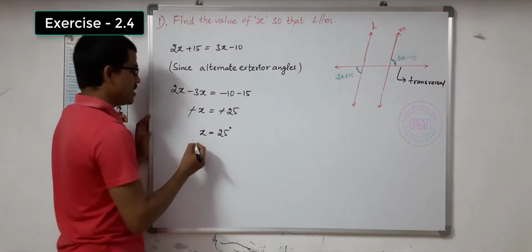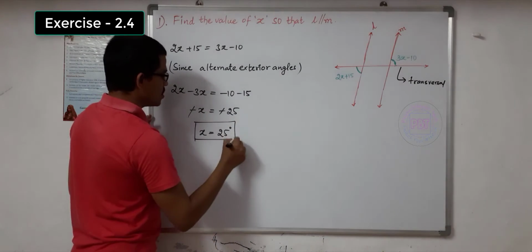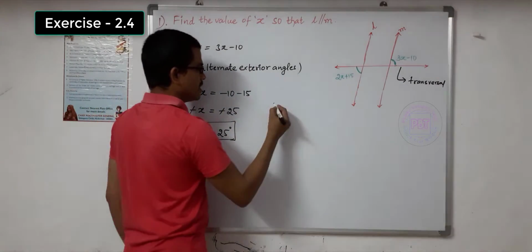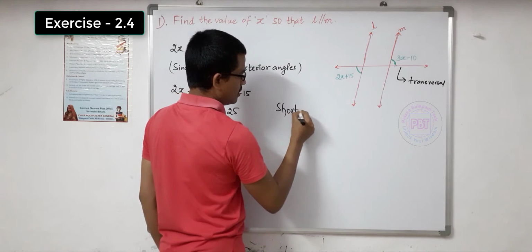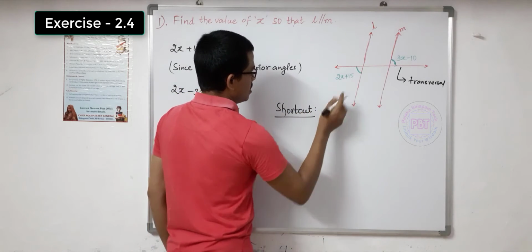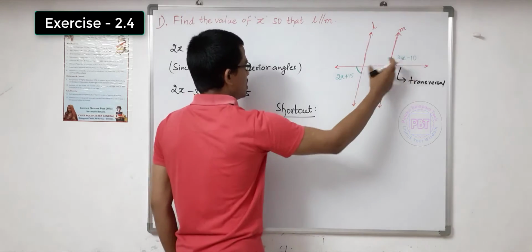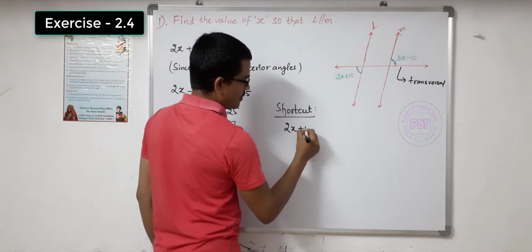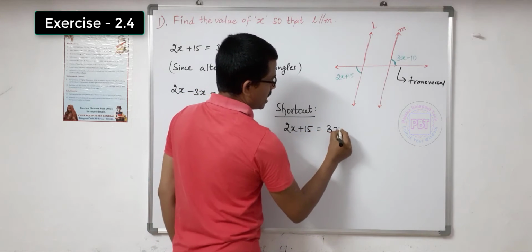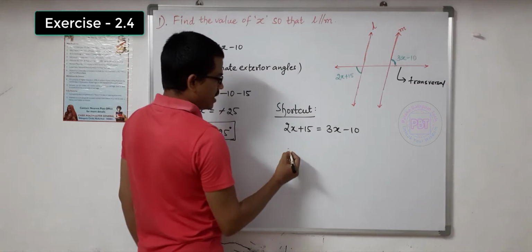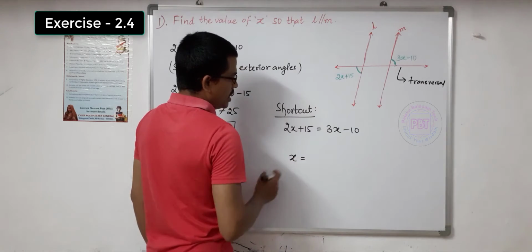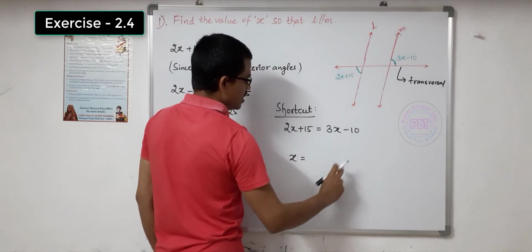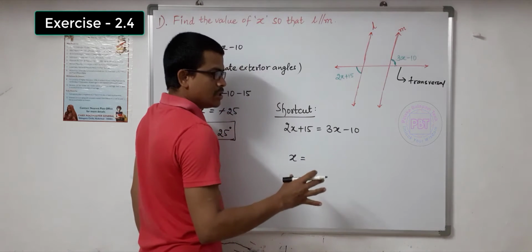Okay. Now if you observe here, this is the regular method to solve the simple equation. Now I am going to solve the simple equation by using the shortcut method. These two are equal angles since these two are alternate exterior angles. So 2x plus 15 equals 3x minus 10. Directly write the x value. X value equals, the variable is x here. In the numerator part I am going to write the constants. In the denominator part I am going to write the coefficients of the variable.